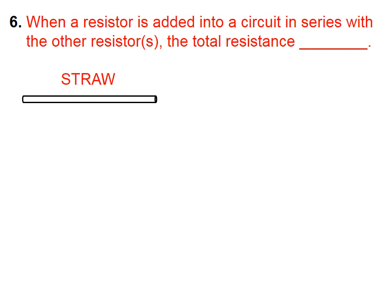Let's see if we can figure out what word goes in this blank. When a resistor is added into a circuit in series with the other resistors, the total resistance...